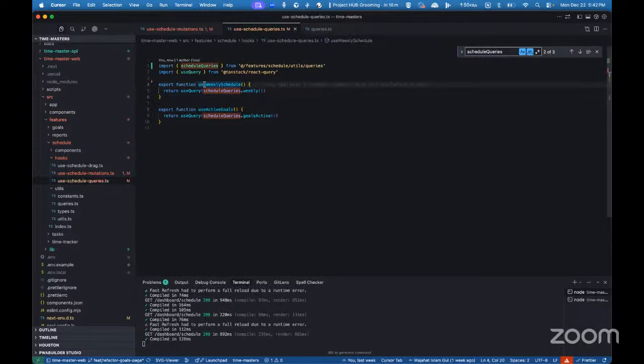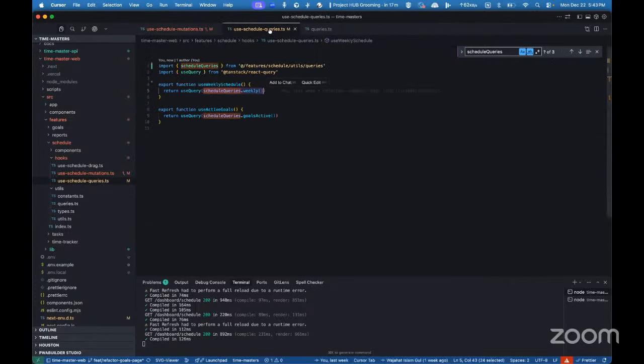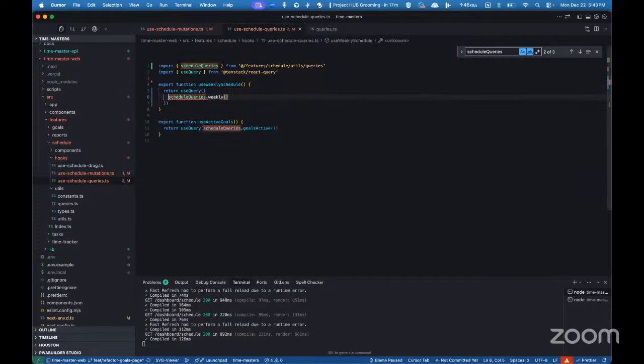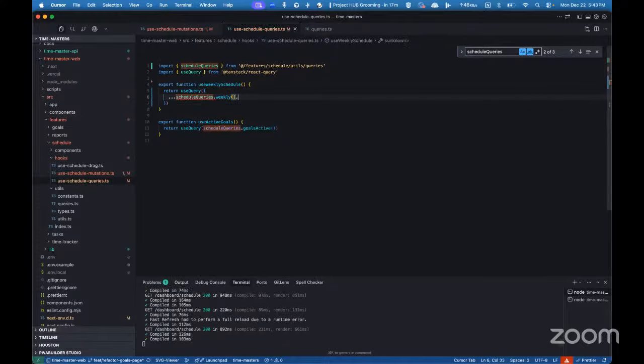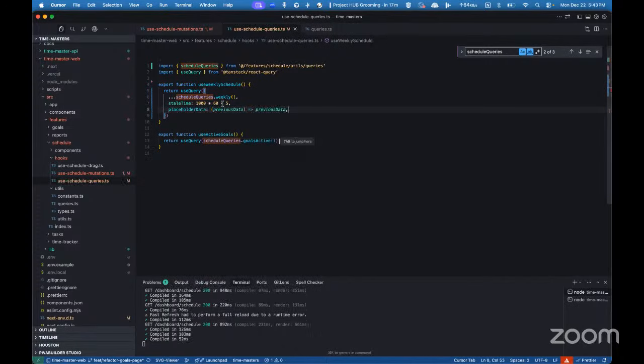अब जो हमने ये कस्टम यूज वीकली स्केड्यूल वाली हुक बनाई, उसमें हमने कुछ भी नहीं किया, सिर्फ यूज क्यूरी करके वीकली को कॉल कर दिया। उस वीकली ने क्यूरी की और क्यूरी फंक्शन दोनों दे दिए। अगर हमें इसमें कुछ और अपडेट करना होता, तो मैं इसको डीस्ट्रक्चर कर देता। फॉर एग्जाम्पल, मुझे स्टेट टाइम अपडेट करना है, मैं यहाँ पे दे देता, मुझे प्लेस होल्डर डाटा अपडेट करना है, मैं यहाँ पे दे देता। मैं यहाँ से कुछ भी कर सकता हूँ।